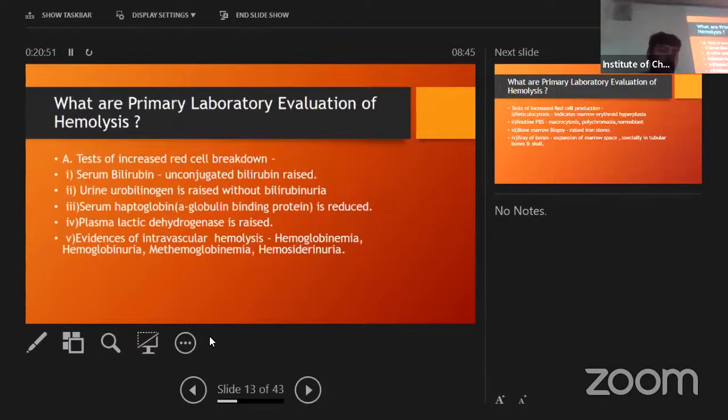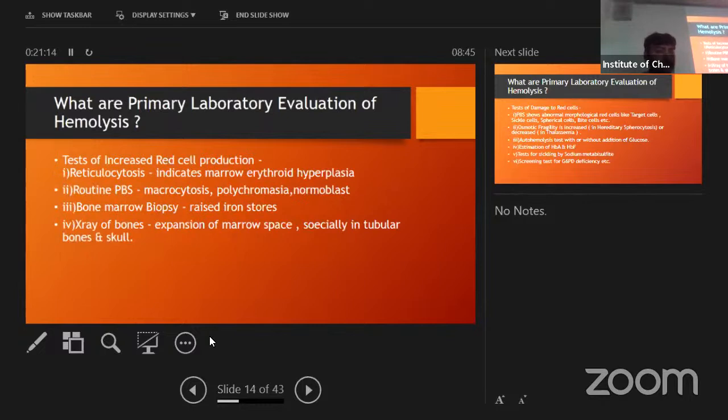For the tests of increased red cell breakdown: serum bilirubin, the unconjugated form, is raised; urine urobilinogen is raised; serum haptoglobin is reduced due to binding with the iron; plasma LDH is raised; and evidences of intravascular hemolysis include hemoglobinemia, hemoglobinuria, hemosiderinuria, etc. Tests of increased red cell production include reticulocytosis in PBS, various forms, macrocytosis, polychromasia, which